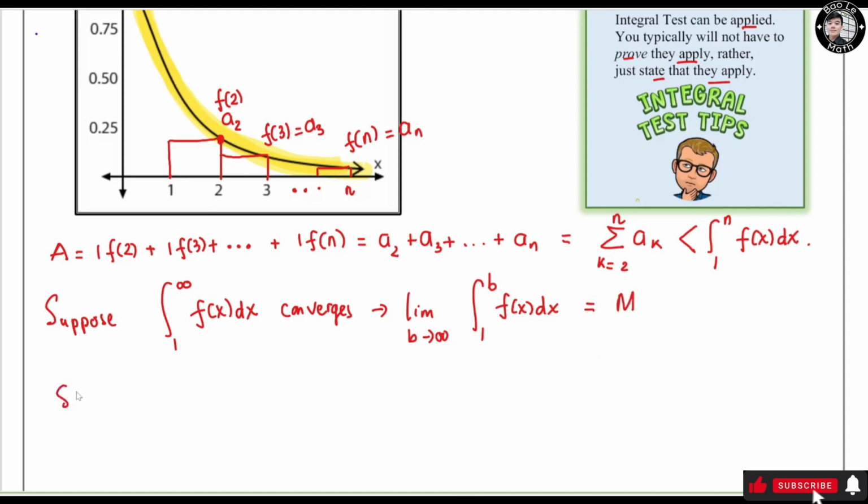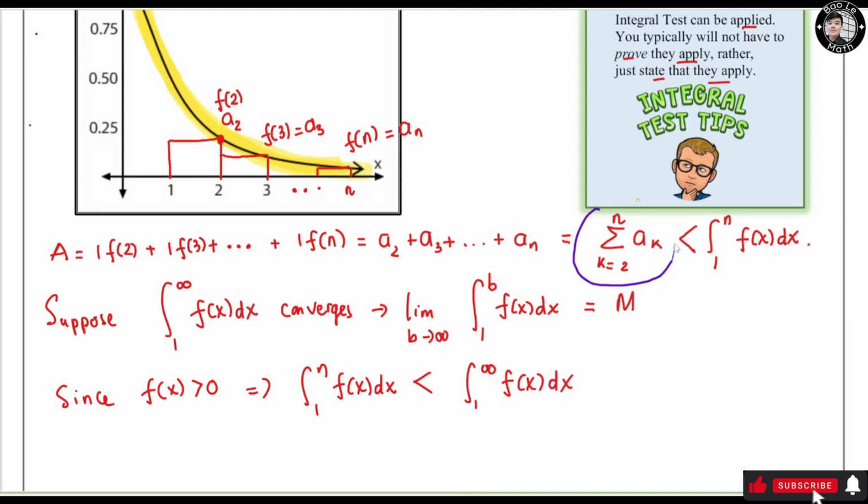Now since f of x is positive, we have the integral from 1 to n of f of x dx always less than the integral from 1 to infinity of f of x dx. Observe that this series right here is less than this one, but this one is less than this one, so by the transitive property, we have